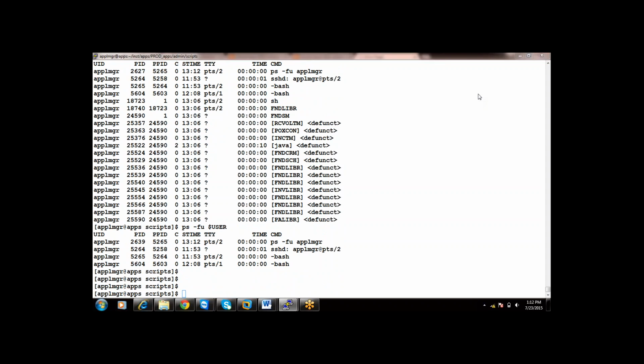The applications got shut down, and I'm going to show you how to disable maintenance mode.